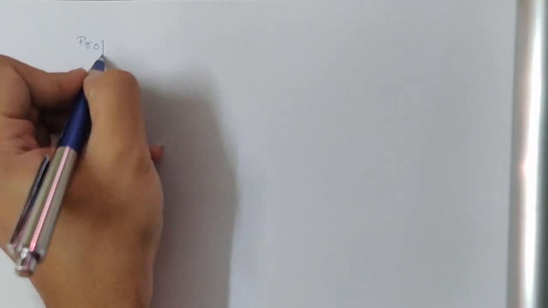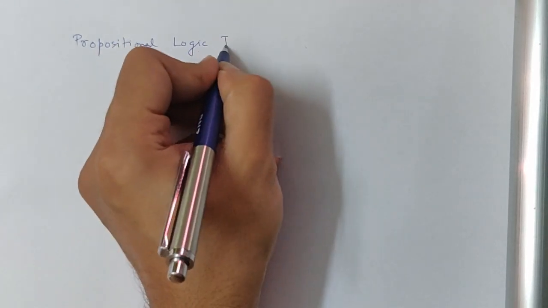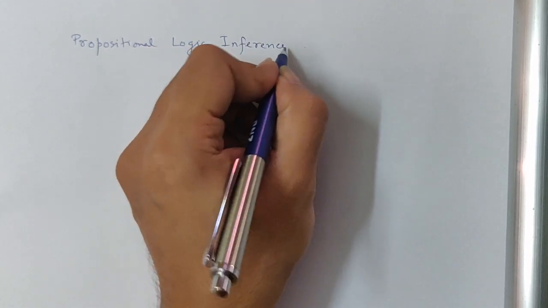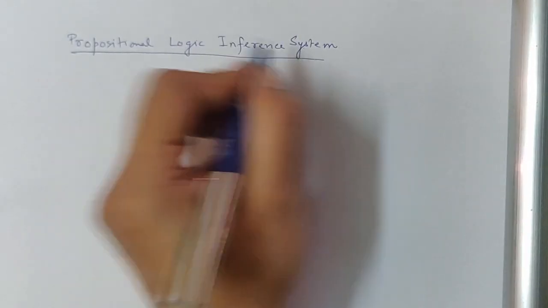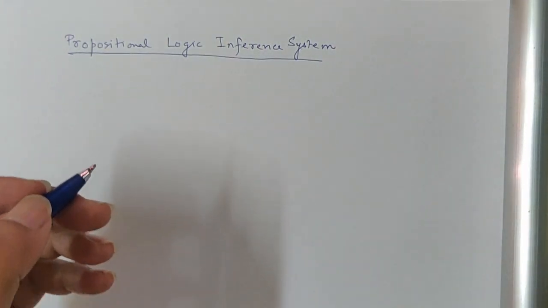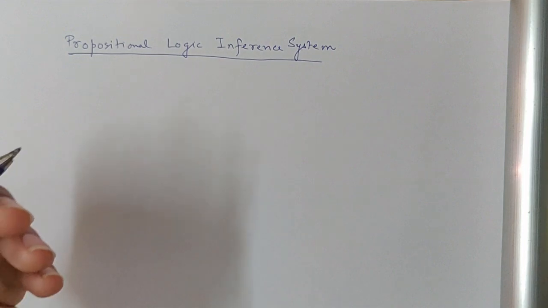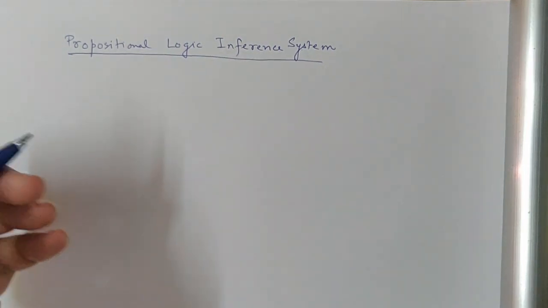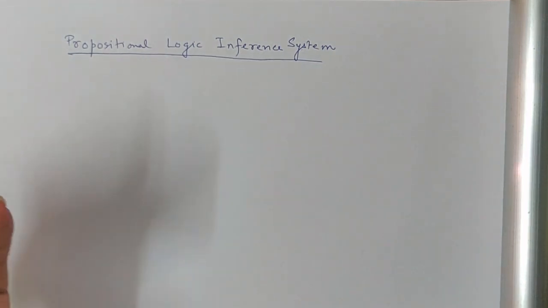In our earlier lectures, where we had gone through the propositional logic inference system, we had seen that if we are given some premises and we have to check logical entailment with some conclusion, we can do that using the principle of resolution refutation, and we can say whether there is a logical entailment or not. So we have seen the inference system working,